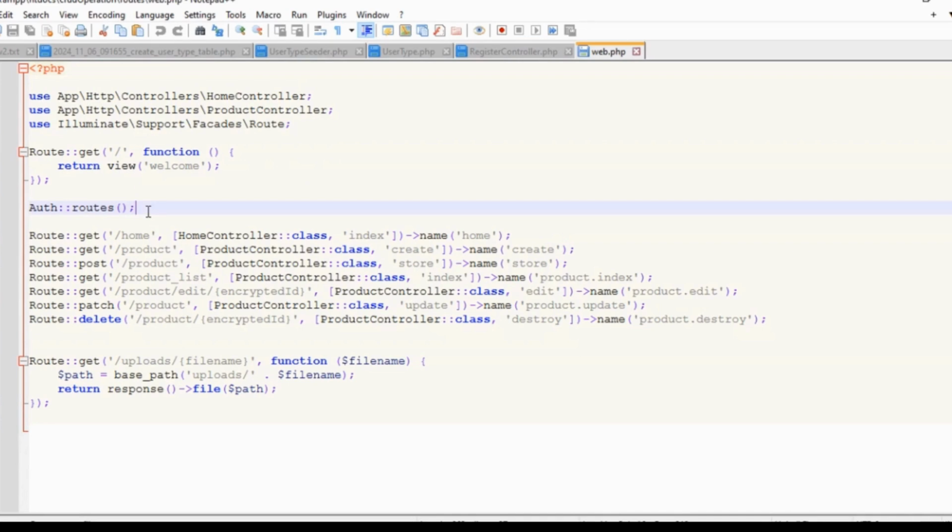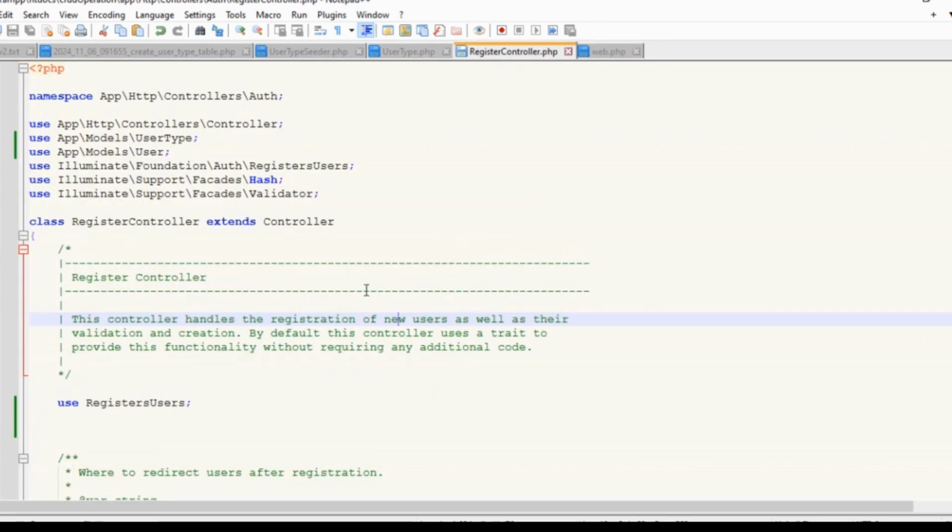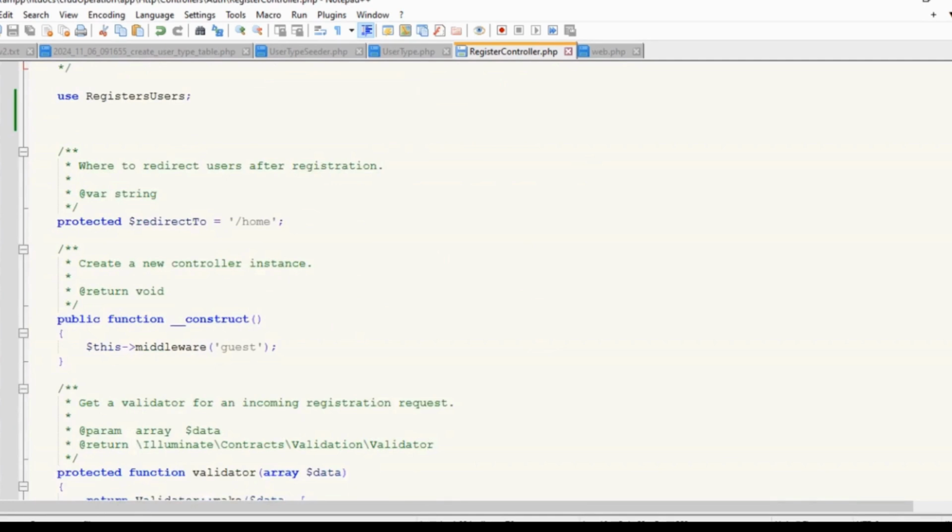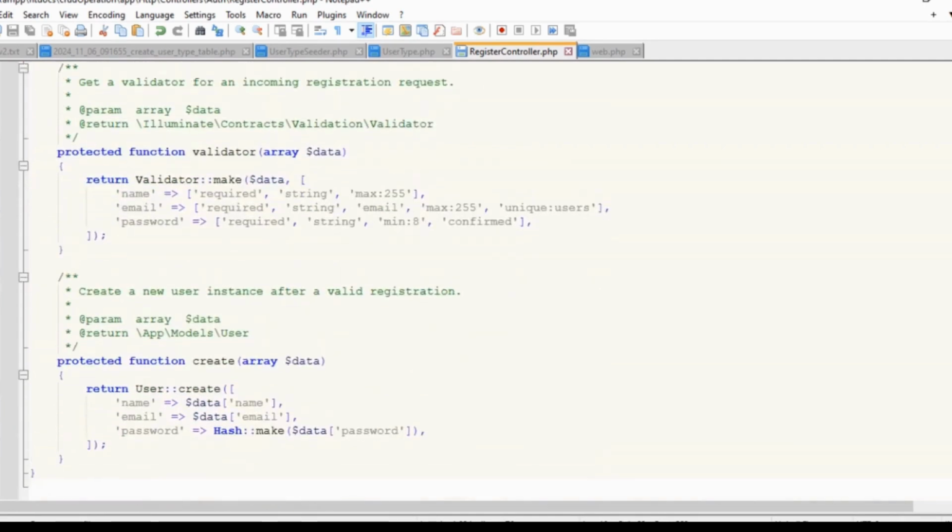Since we have installed the Laravel Bootstrap Auth UI package, the auth routes method is autoloaded. This means we cannot directly determine the authentication model, view, and controller from this file. So, check the register controller file. You will notice that no function is defined to show the registration form.